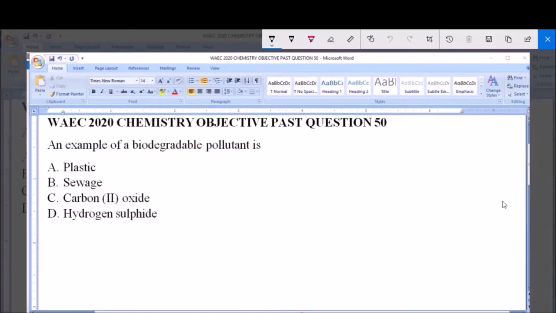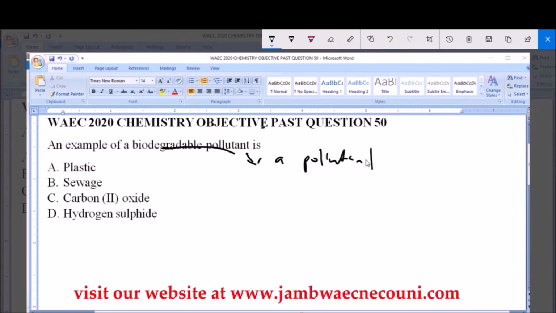Hello and welcome. I'm going to be answering WAEC 2020 Chemistry Objective Past Question 50. An example of a biodegradable pollutant is A. Plastic, B. Sewage, C. Carbon dioxide or carbon monoxide, D. Hydrogen sulfide. So we're looking at biodegradable pollutant, and a biodegradable pollutant is a substance that causes pollution